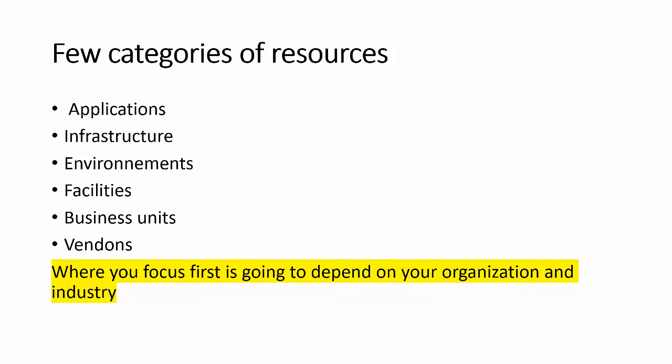So for example, if you are an internet service provider, you might start by profiling your infrastructure, such as network devices, DNS servers, and so on. But if you're an application service provider, you would start with the applications that you host. Similarly, an organization that makes heavy use of offshore developers might focus on vendor profiling first. So understanding the business you are in will help guide your priorities.